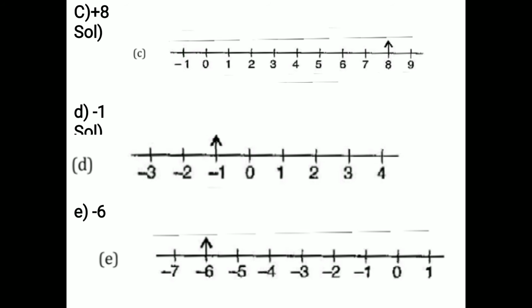Now minus 1. This is minus 1. You put an arrow to show minus 1. You have to do all the questions in your notebook only. Minus 6. Minus 6 is on the left hand side of 0. Firstly you write minus 1, minus 2. Now will you please tell me, is minus 3 greater than or less than minus 1? Which number is greater, minus 3 or minus 1? If you see the line, minus 1 is coming on the right hand side. So this number is greater. Clear? Keep this in mind.